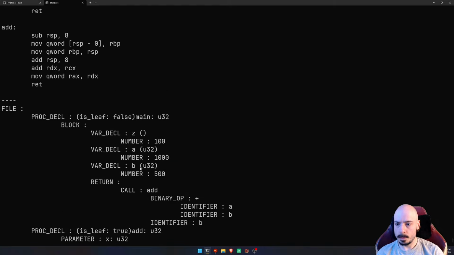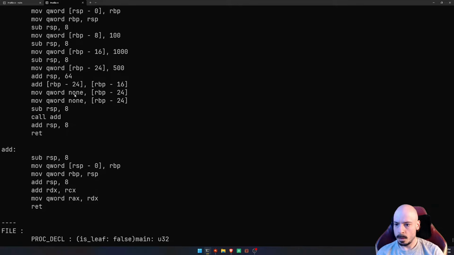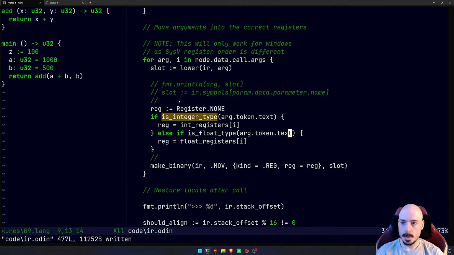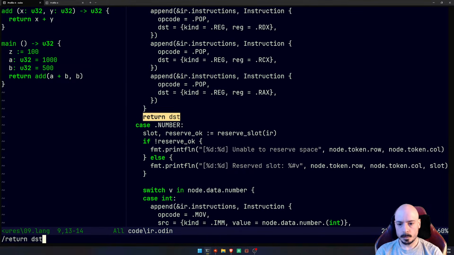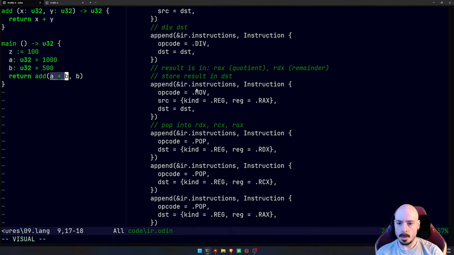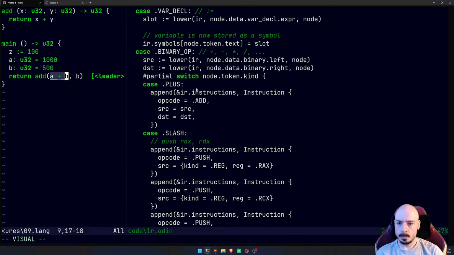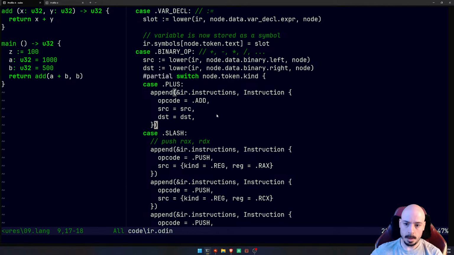Okay, none is not defined, so we've made some problem here where we've got none, and we're also moving, as I suspected, the same variable onto the stack twice. Okay, so these are coming up as the same address because we return destination rather than putting these somewhere else, because this is its own expression. So we might want to actually